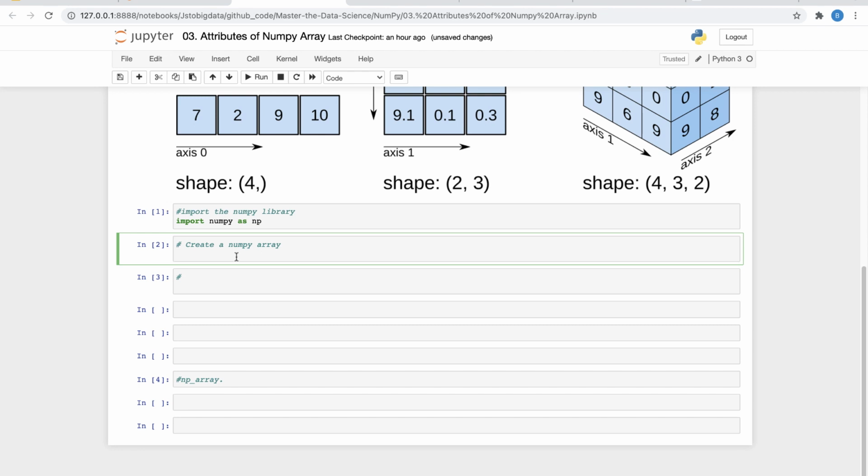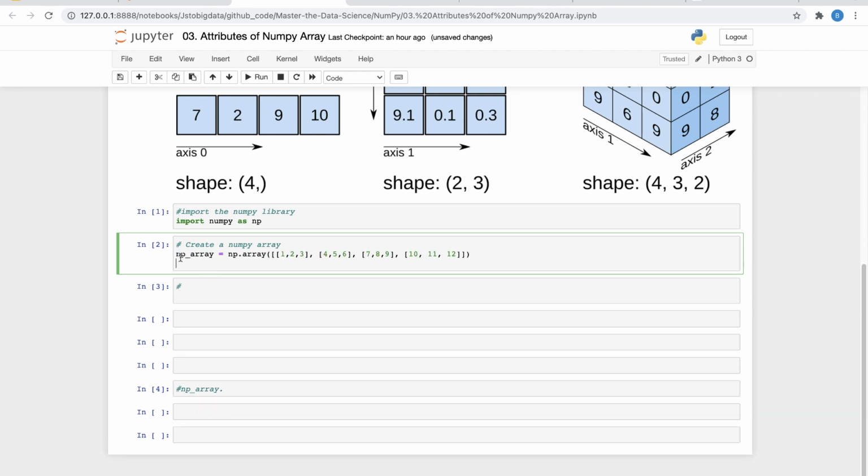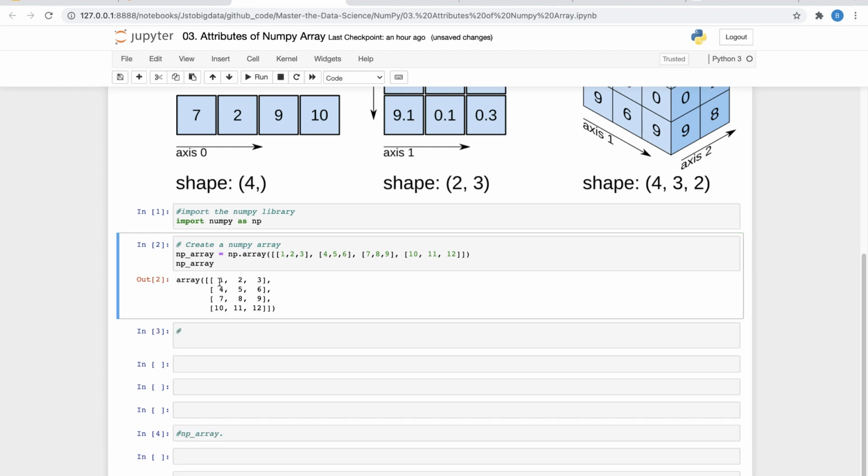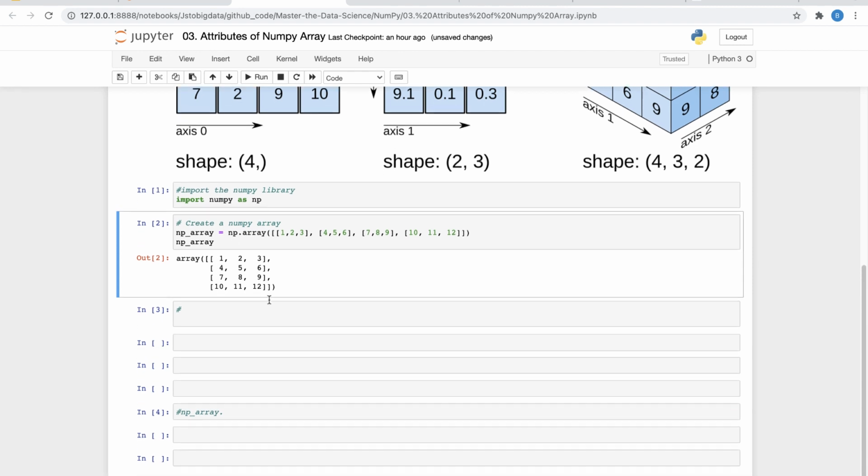So obviously, to do anything you would import numpy as np, and then let's say I create a numpy array, which is np.array equal to np.array, and then I'm just giving 1 2 3, 4 5 6 and so on. So which is nothing but a 4 by 3 matrix, right? So I have 4 lists, and all these 4 are present inside one big list. And then let's just print it, and you can see that it is 4 rows and 3 columns.